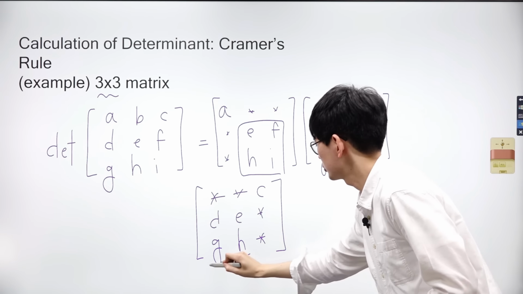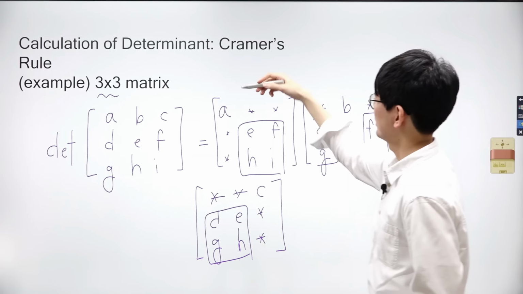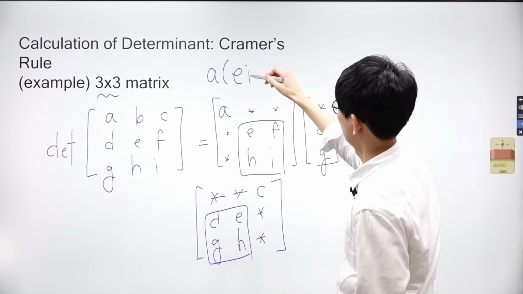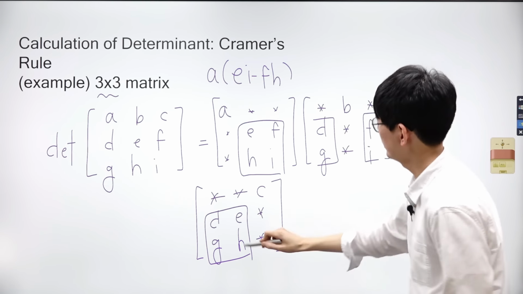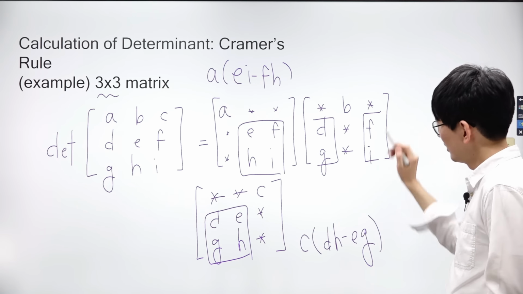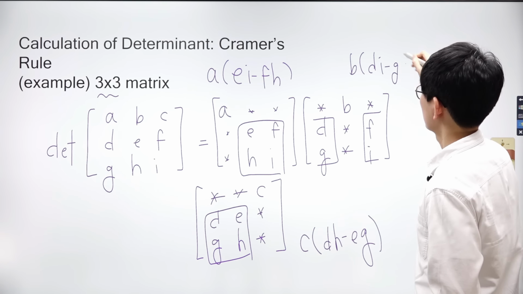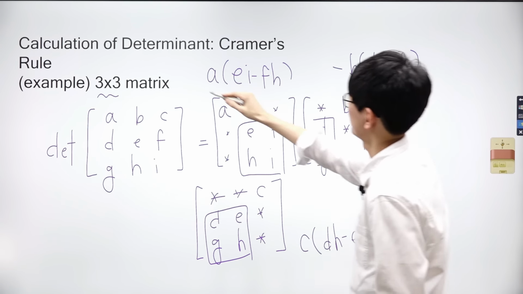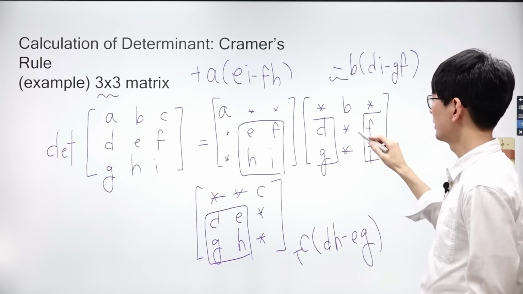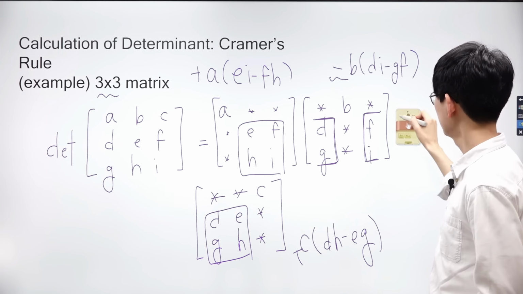Therefore, the determinant of this 3x3 matrix is computed as A times the determinant of the 2x2 matrix formed by the second and third rows of the second and third columns, plus C times the determinant of the 2x2 matrix formed by the second and third rows of the first and second columns, minus B times the determinant of the 2x2 matrix formed by the second and third rows of the first and third columns. The reason for the negative sign in front of B, while the signs in front of A and C are positive, relates to the rules of the determinant calculation method, which alternate sign across the matrix.